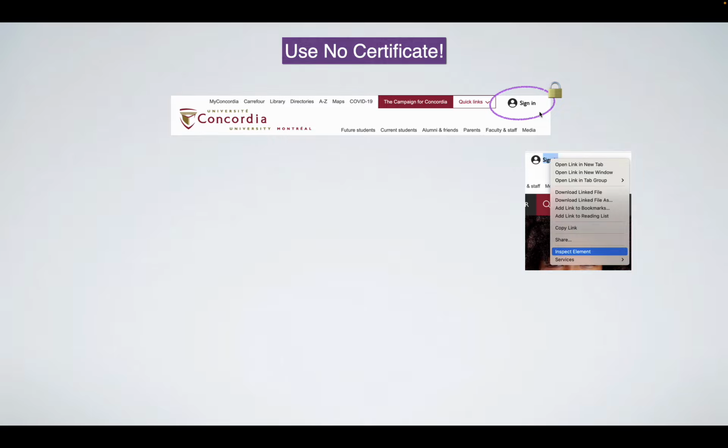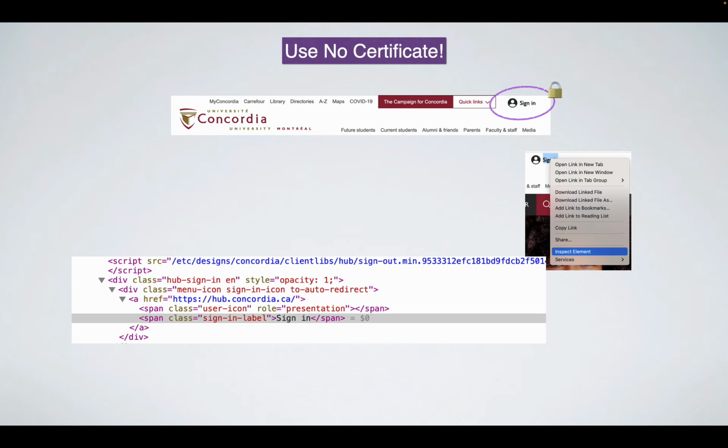So if I want to know, does this thing go over HTTP or HTTPS, I would have to go into inspect element. I would have to find this sign-in button, and then I could see, okay, it's sending it to https://hub.concordia.ca. So because there's an S in the HTML of this website, that sign-in button is fine. There's no problem with the sign-in button itself. Okay. Now the problem is if this page comes down over HTTP, okay, so even though the link links you to HTTPS,